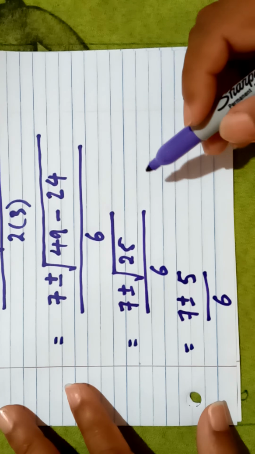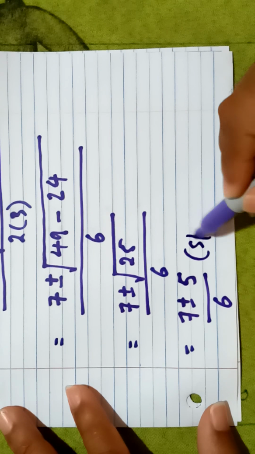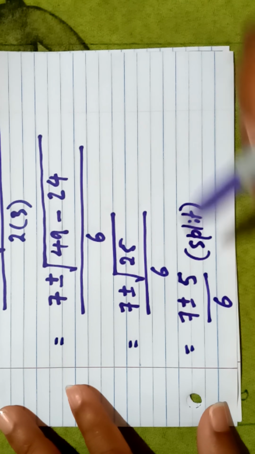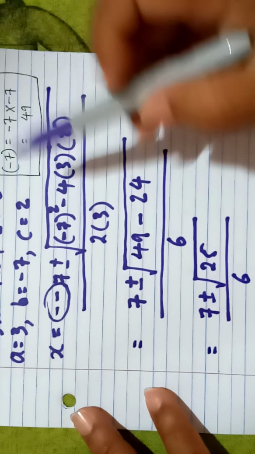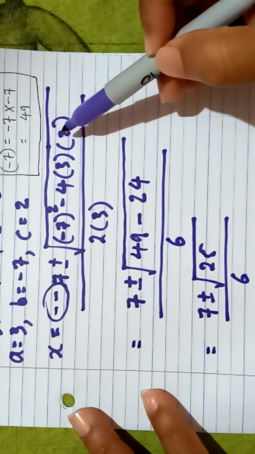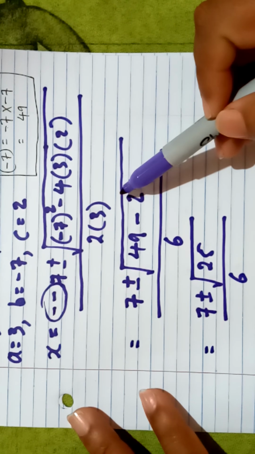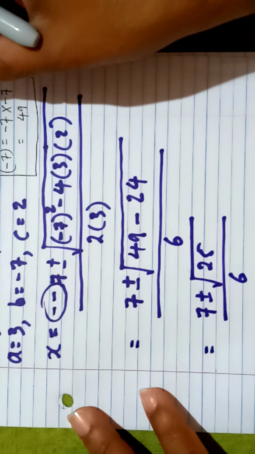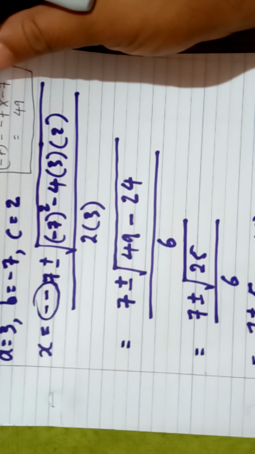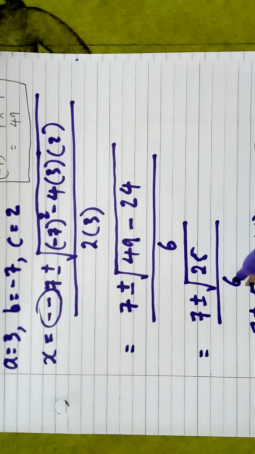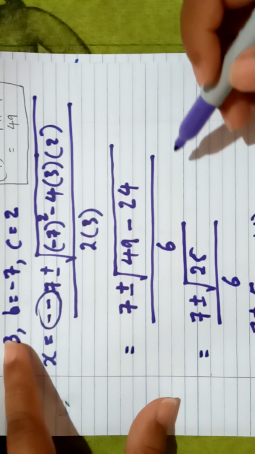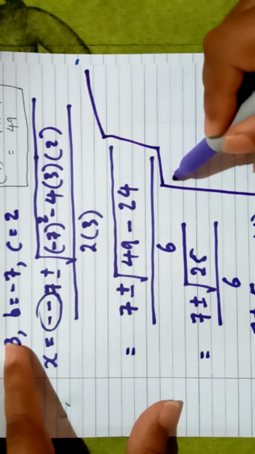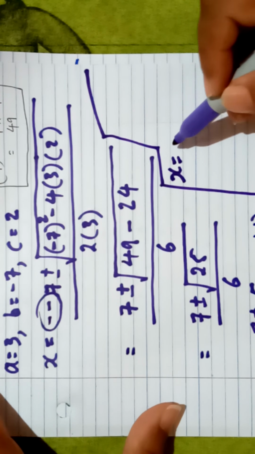Now at this moment, we're going to split this plus and minus into 2. What you've noticed is that I tried to work out the square root first, until I got 5. Now what this means is that we're going to split the plus and the minus into 2. So we're going to get x equal, it's actually x